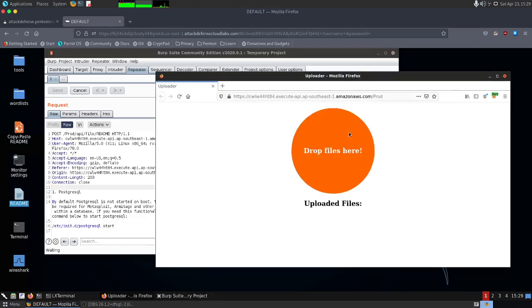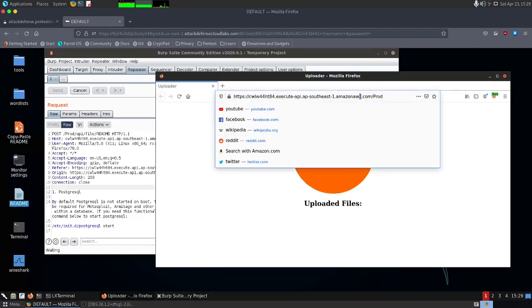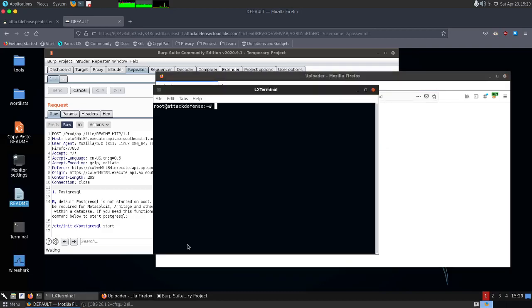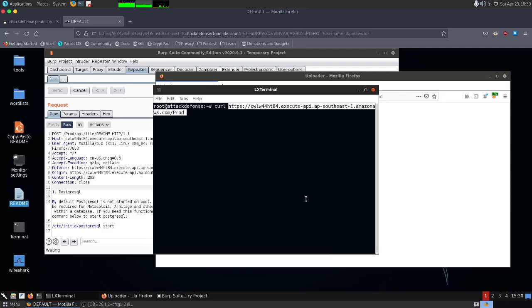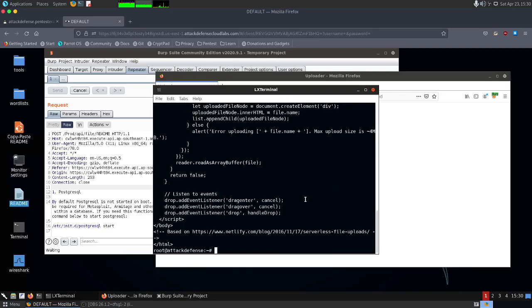Okay. So while it is doing its thing, we will also need this URL, and we will copy it into a terminal. I want to play around with this on the terminal, so we will just do curl and paste this. Should have my URL, so I should be able to do a curl of this, and we can see that we get a response.